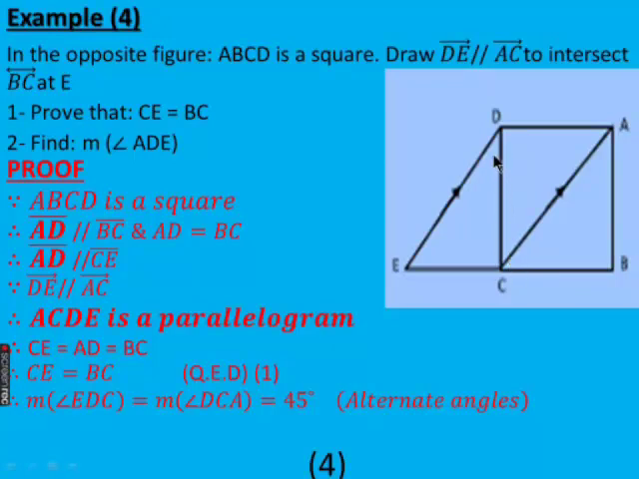By the same way, measure of angle EDC equals also 45 degrees, alternate angles. Then we have the measure of this angle equal 90 degrees and measure of this angle equal 45 degrees. Then the measure of ADE equals 45 plus 90 equals 135 degrees. This is QED2, the second required. Now we will translate into example